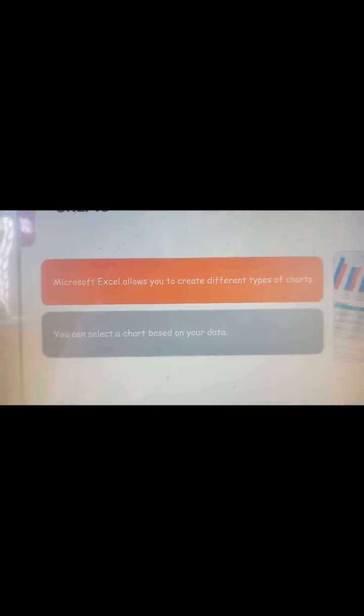Here you can see different types of charts, like column chart or bar chart, then pie chart. Microsoft Excel allows you to create different types of charts. You can select a chart based on your data, according to your requirement, according to your data needs. On that requirement you can create different types of chart.